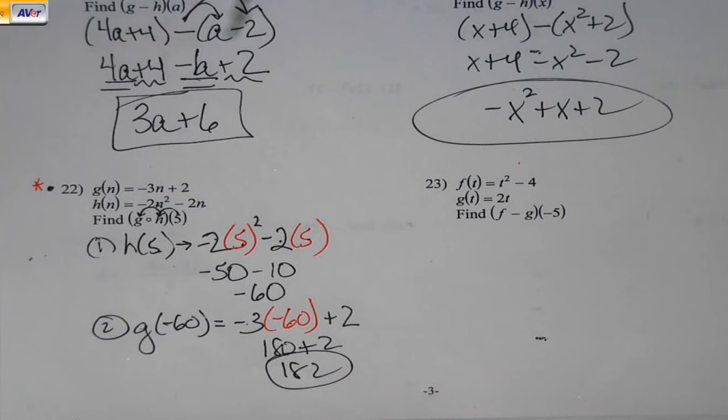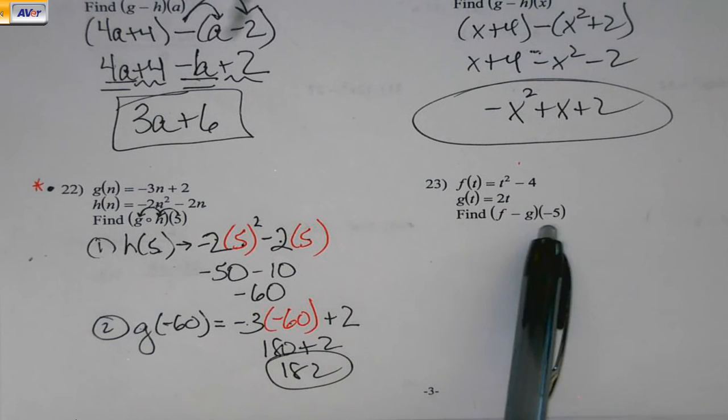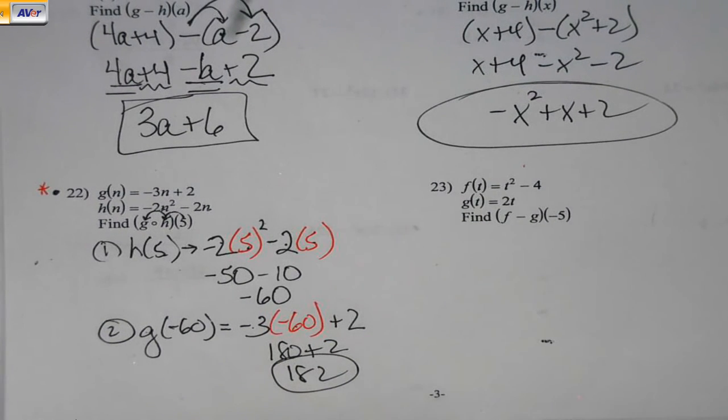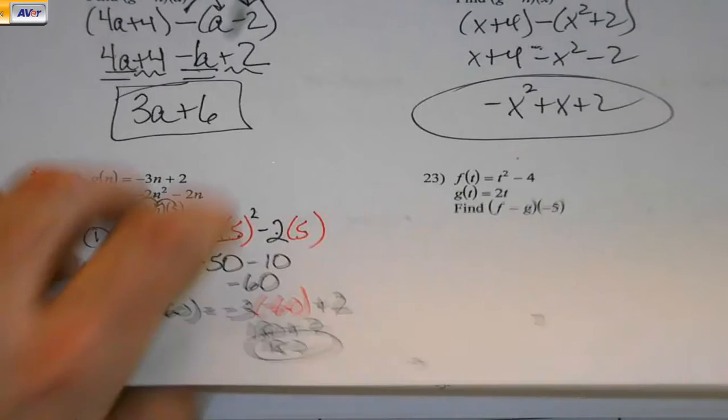The only time I have to do two completely separate things like this is when it's a composition, when it's the little open O there. Okay? So like for f minus g of 5, you plug 5 in for the t's, you minus the two things from each other, just like we did up in number 19. And so on. However,